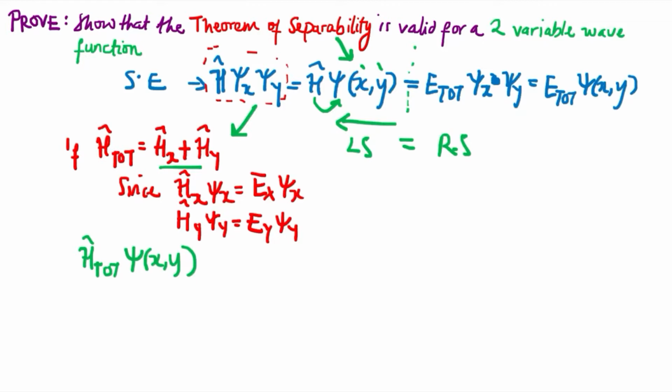So we just substitute that in here, and what that results in is the Hamiltonian total, which is in this case the sum of the x Hamiltonian plus the y Hamiltonian, and this is going to apply to our wave function on the x